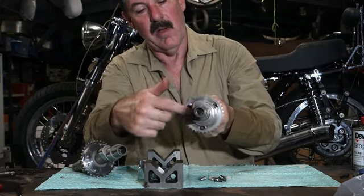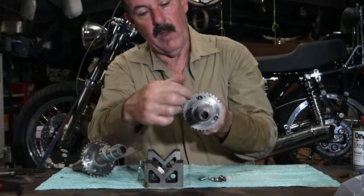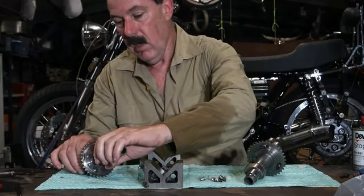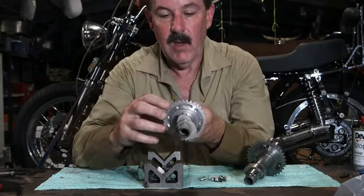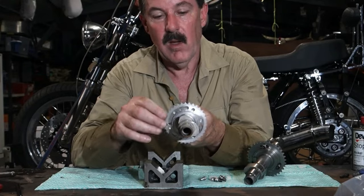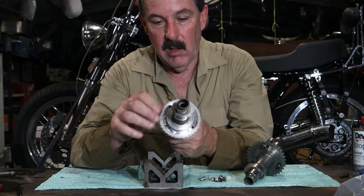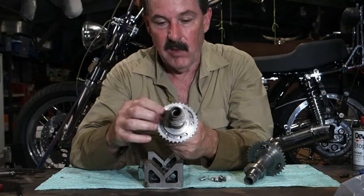You can see these 3 screws there. You can undo those and rotate the sprocket. Actually, here's one that doesn't have the screws in. See that? That's so you can degree the cam in to get it just right if it's not that way